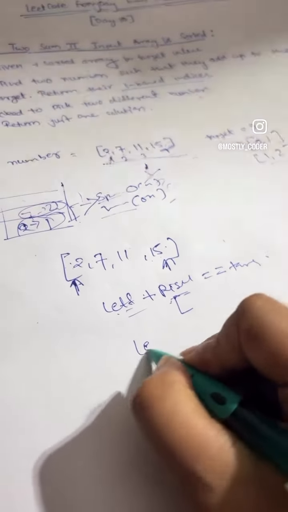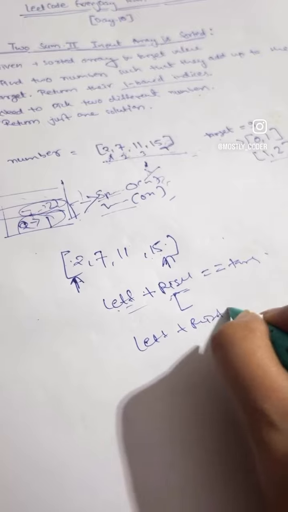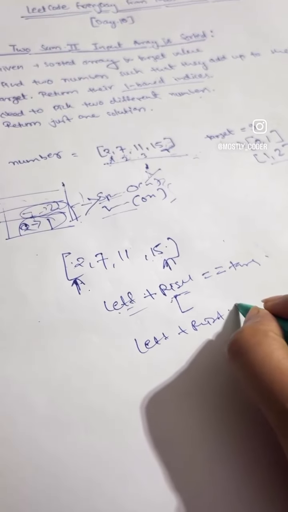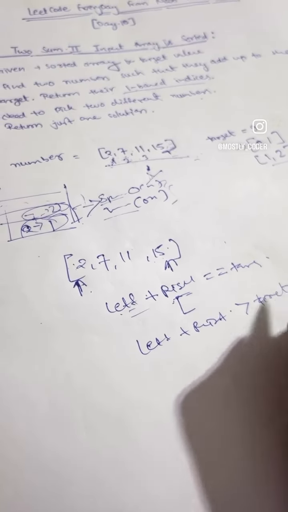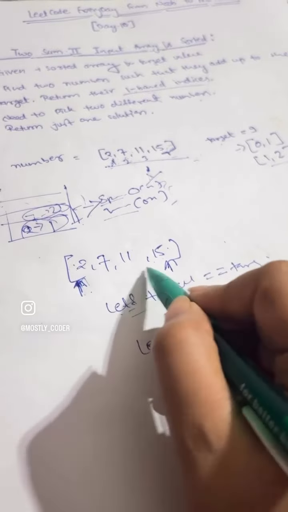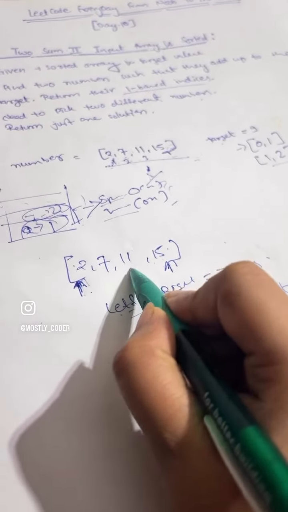Okay, but what if the left plus right value is greater than the target? Greater than the target, so that means the sum is already too large. So what we need is a smaller value. So we'll